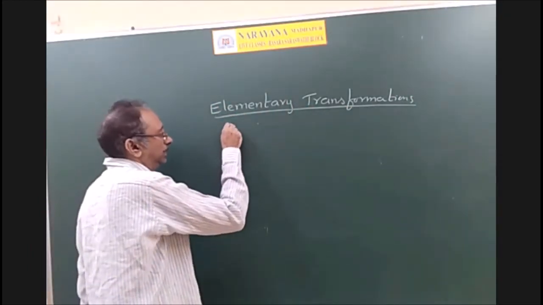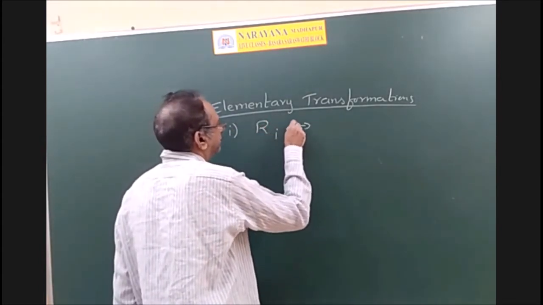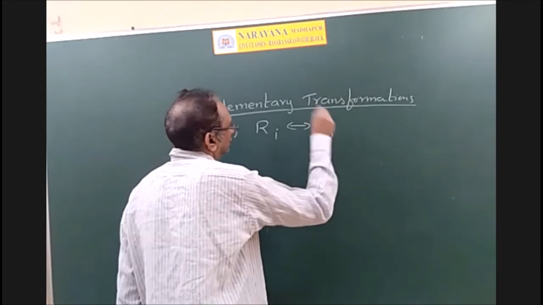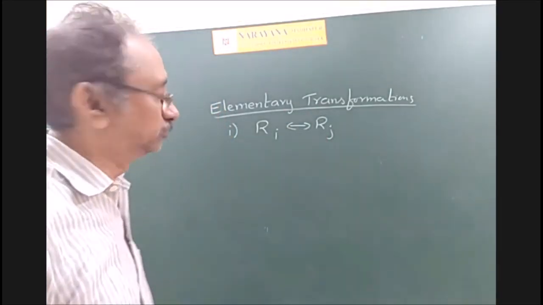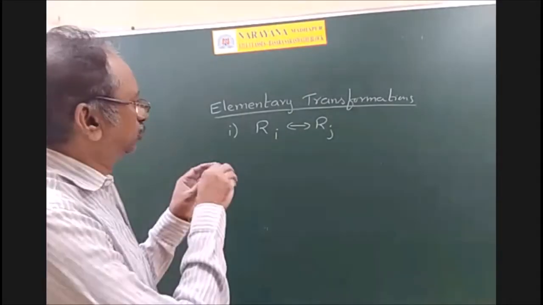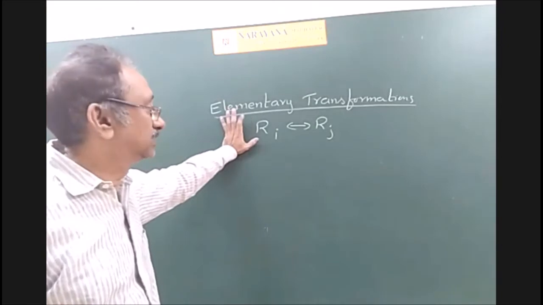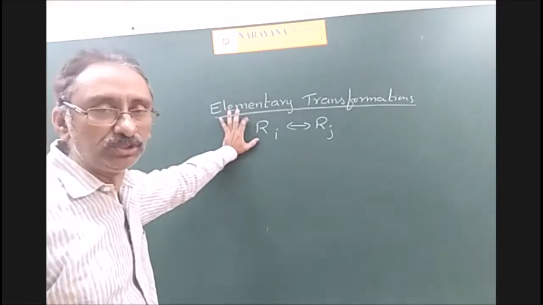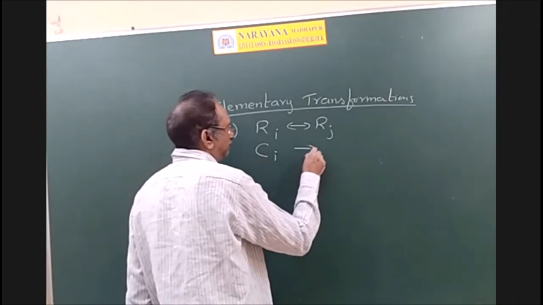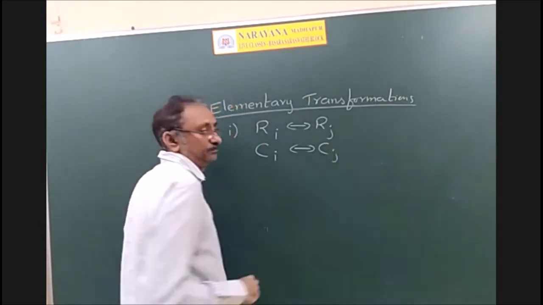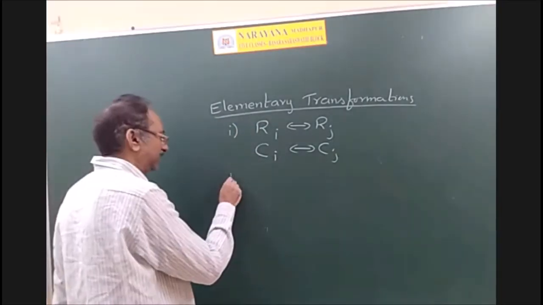First one, interchanging 2 rows. This symbol stands for interchanging ith row and jth row. No need to write the full sentence; this symbol is enough to denote interchanging ith row and jth row. Similarly, ith column and jth column. So interchanging 2 rows, interchanging 2 columns. And second one,